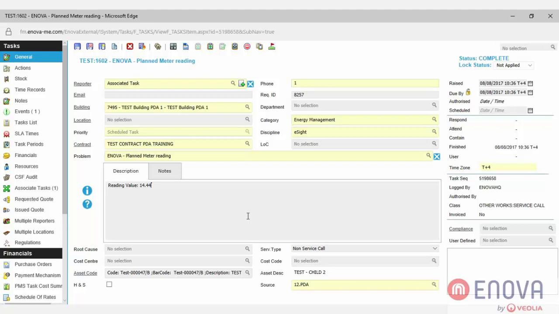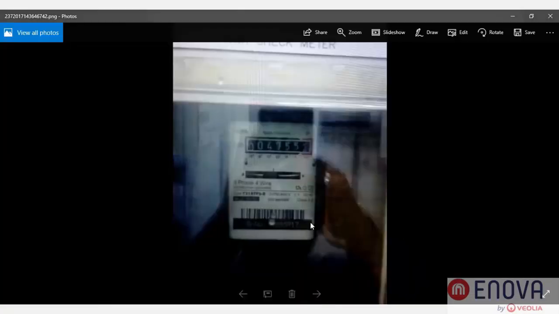So sometimes, like we explained before, the technician can take an incorrect reading, even though he's taking the picture of the meter reading, but the value that is inserted for one reason or another is not corresponding to the value on the picture. So in such cases, the engineer has to just update from his system after receiving the notification. So we have the task here in front of us, and the reading value here says 14.44, but if we check the picture, it says